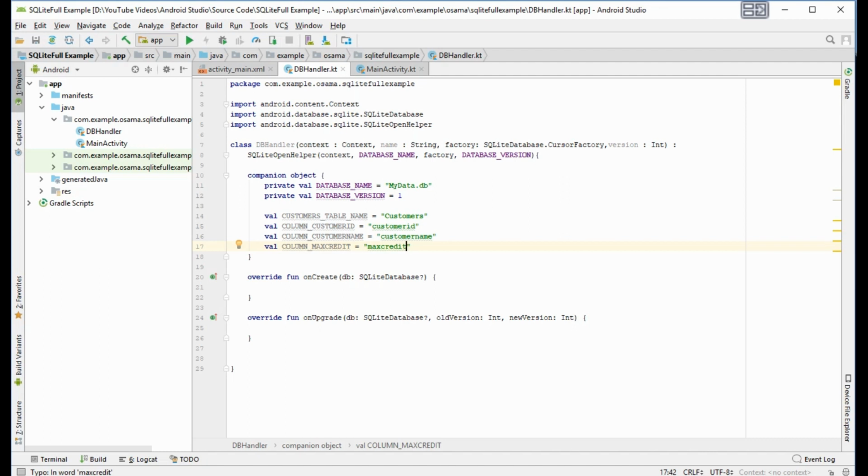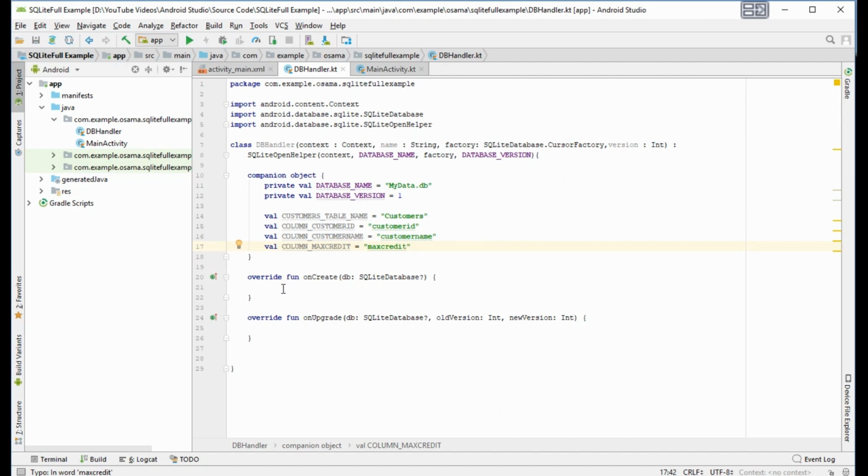Here we define the table name and the database version and the database name and also the columns inside the database. And we will call it every time we want to use these fields or columns.